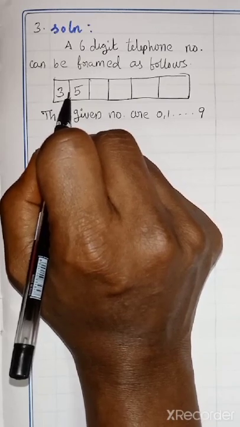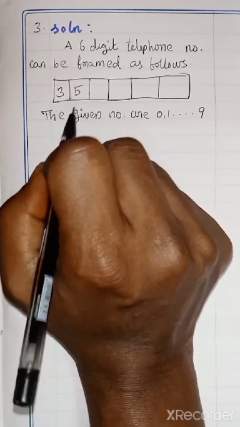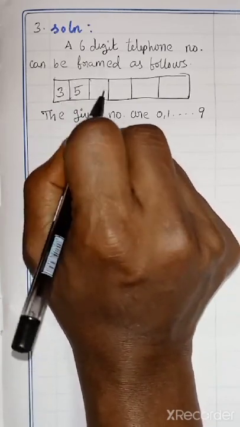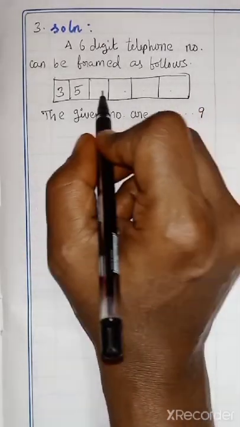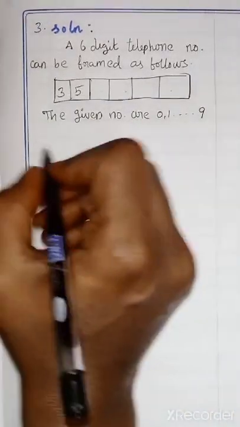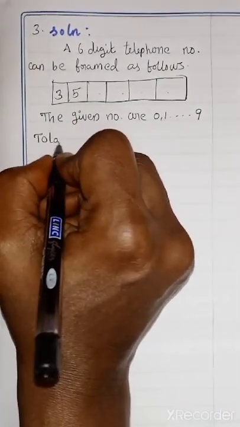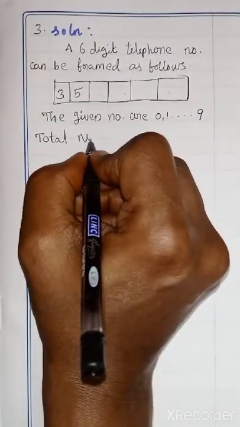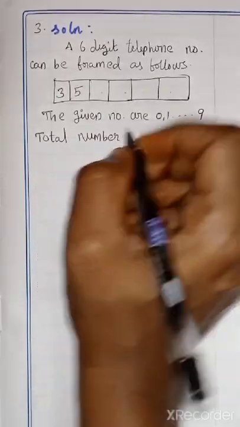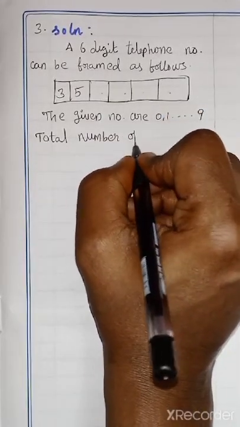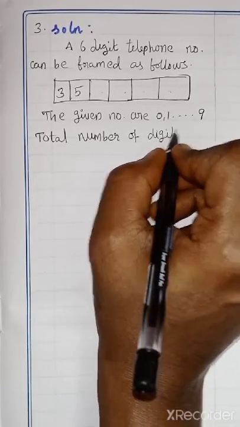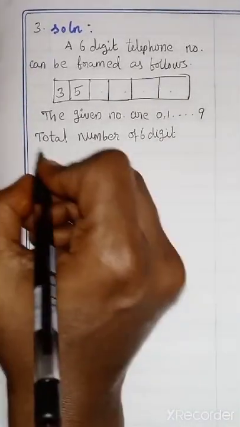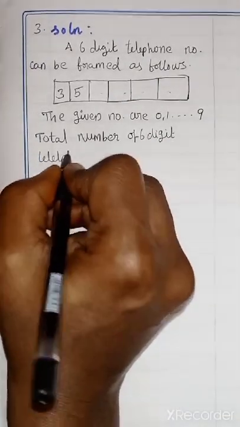We have 8 numbers. Correct? So 8 numbers, and how many places do we have to fill? 4 places. Correct? Therefore, as in the problem we saw in the previous exercise, here we are going to use permutation. So the total number of 6-digit telephone numbers is